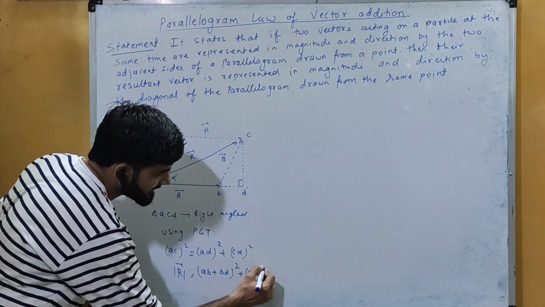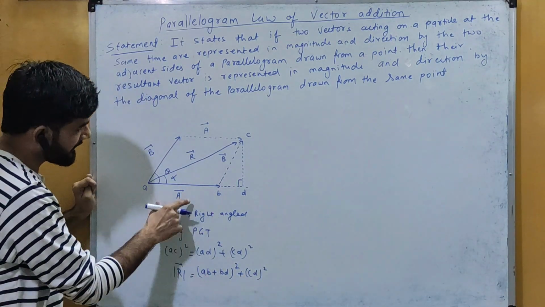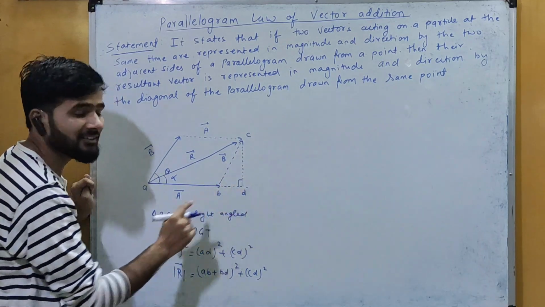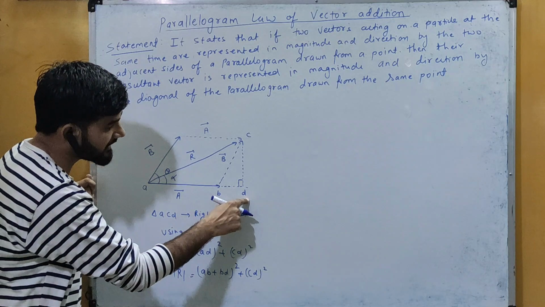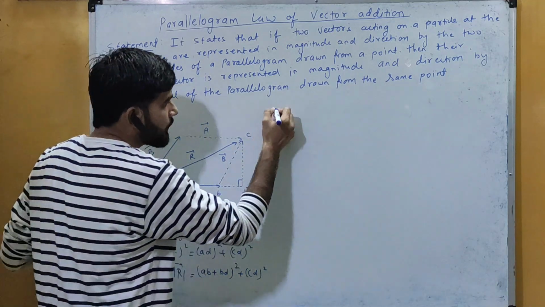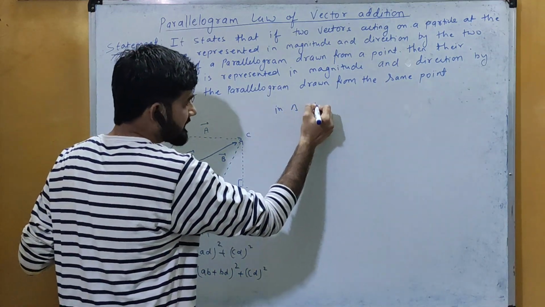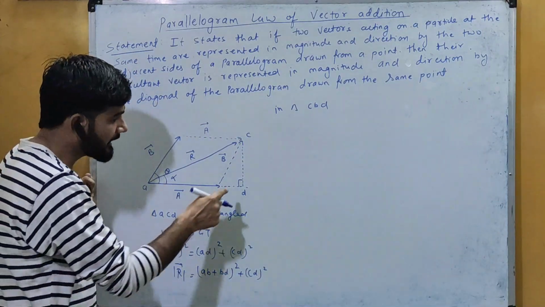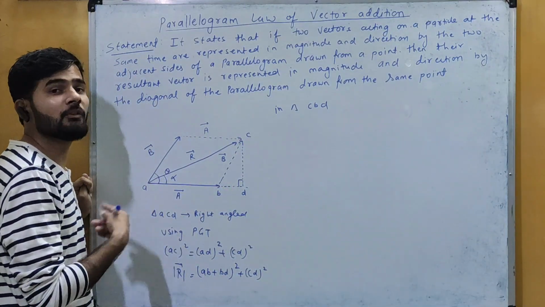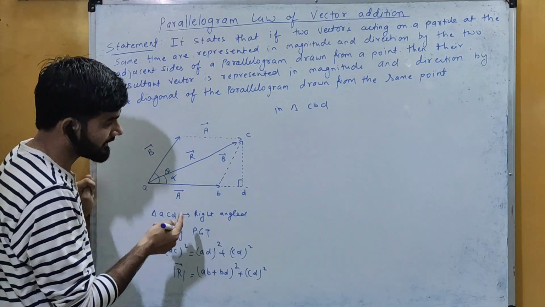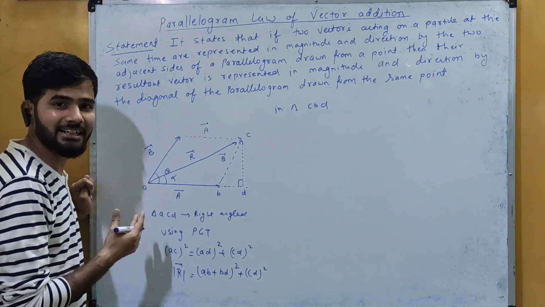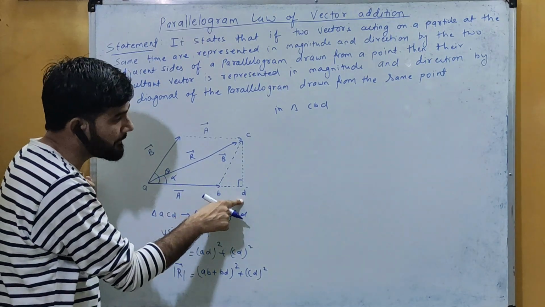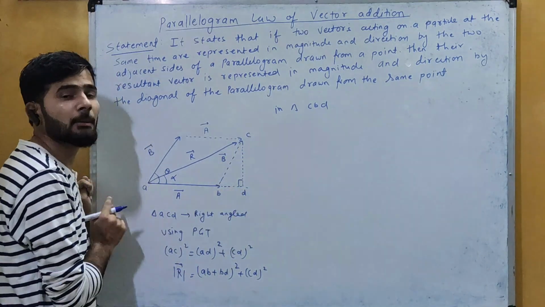Here this AD, I can write as AB plus BD, whole square, plus CD square as it is. Now here we have AB but we don't have BD. Similarly we don't have CD. So we will first find the value of BD and CD. So in triangle CBD, that's a right angle triangle, we will use the trigonometric identities. अब यहाँ पर this hypotenuse is given and we have to find BD, this base, and CD, that is perpendicular.